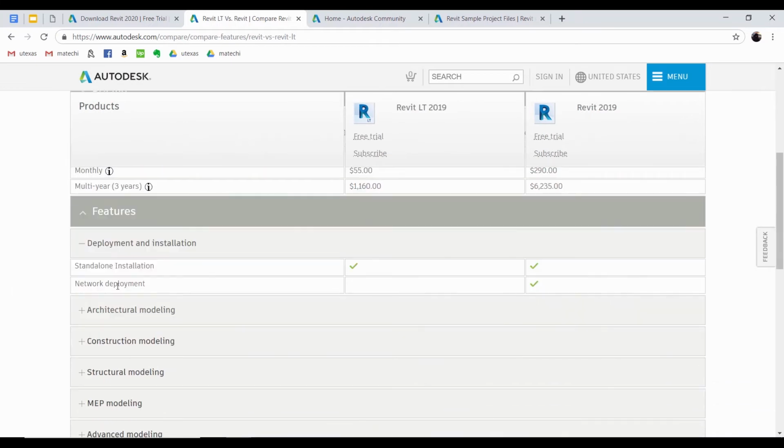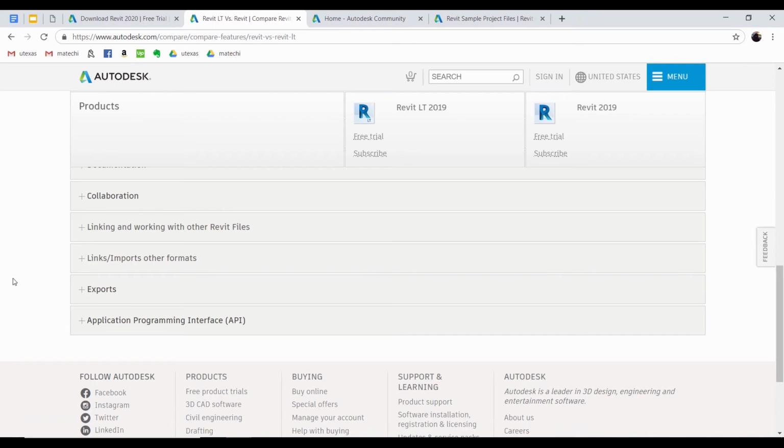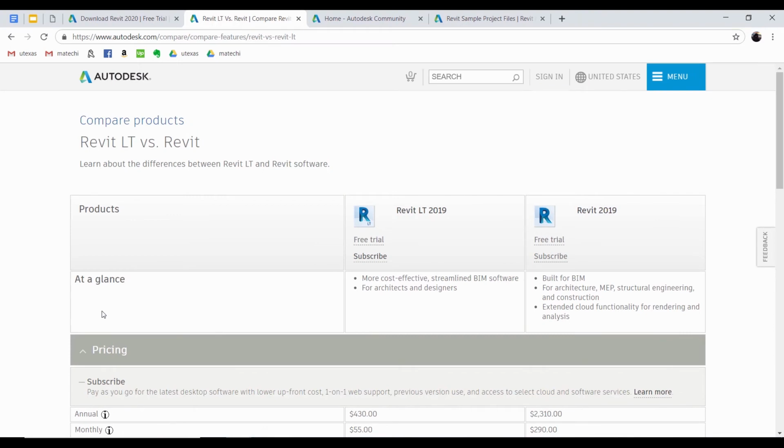So as you see, there's variability in pricing and lots of other different abilities, and you could go into this link to check and see exactly what you would want to do. For me, I'm going to use a Revit student version since I have a lot of information on some of my other versions of Revit. But the student version should give you the full capability of the full version of Revit. So that's pretty cool. Of course, you won't be able to use it for professional purposes.